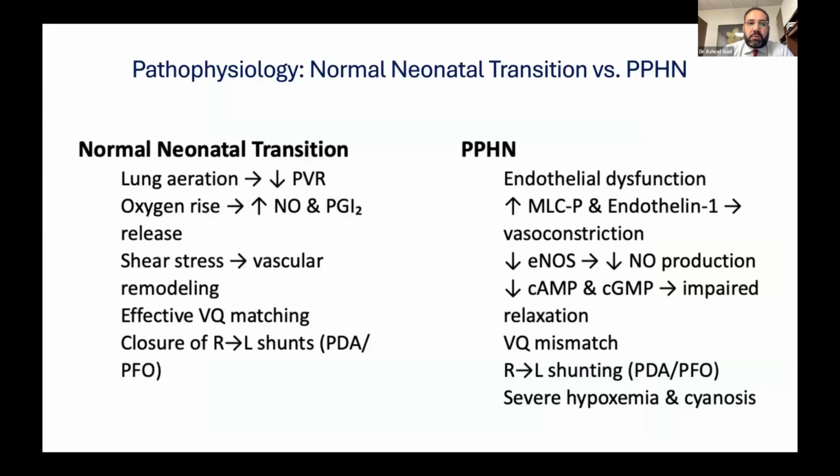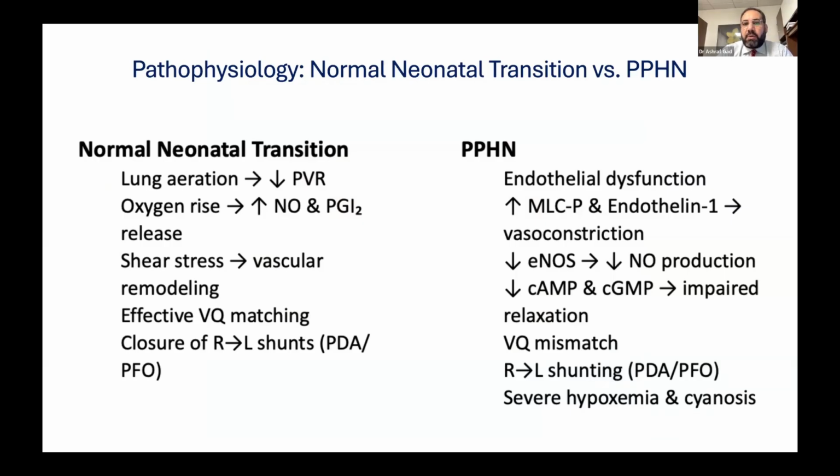Babies who transition normally have no issues. The pulmonary vascular bed drops at least by 50% after birth, and you will have a natural release of endogenous nitric oxide and prostaglandins, and they will have good VQ matching and will be going through this transition